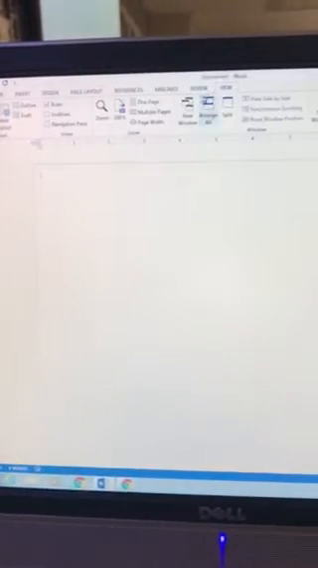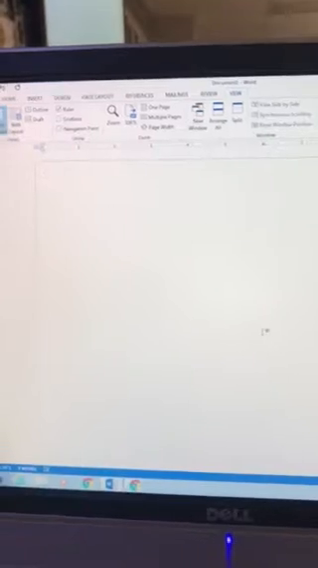I don't want any spacing, and I change my orientation. If my image is tall, I use Portrait, but my image is wide, so I use Landscape. There it is. I go up to View, and I want to view one page so I can see the whole entire thing. The very first thing I always do is type my first and last name,